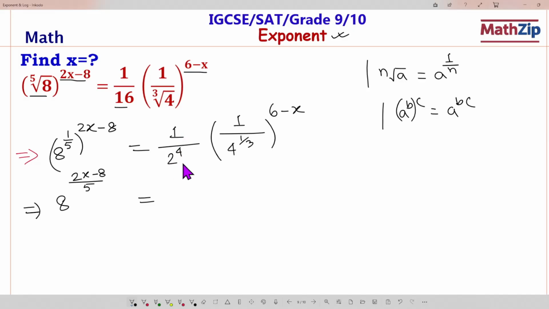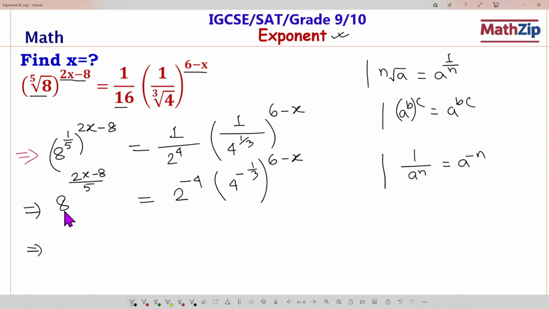This one we can write 2 to the power minus 4, because as per the negative exponent rule we know 1 by a to the power n equals a to the power minus n. And here this one we can write 4 to the power minus 1 by 3, similar thing, and to the power 6 minus x. Okay,